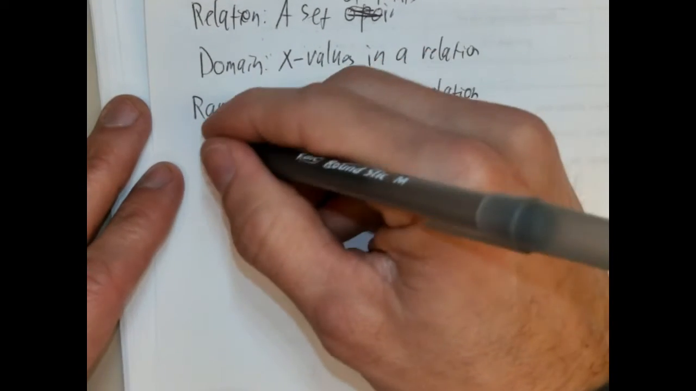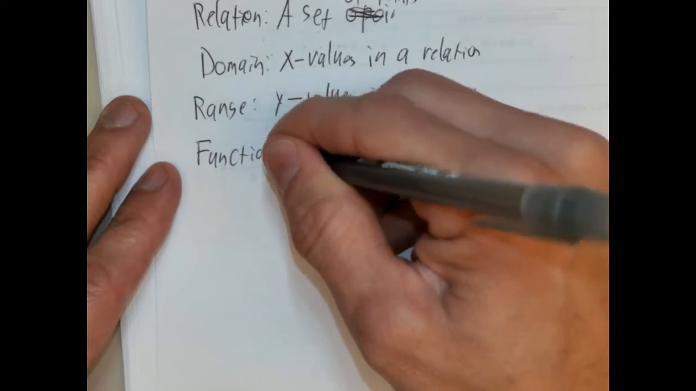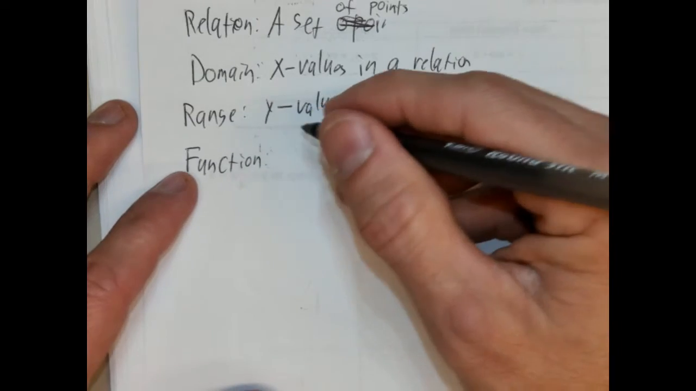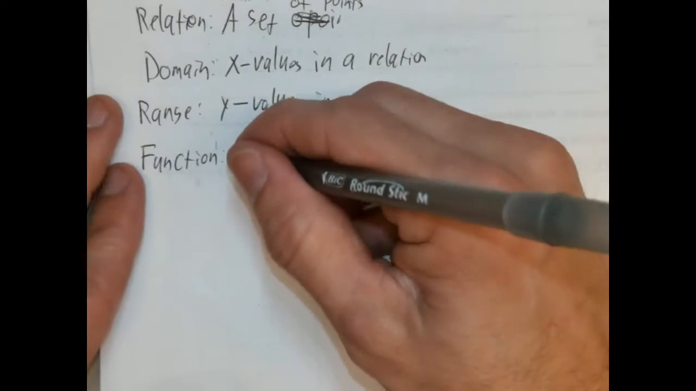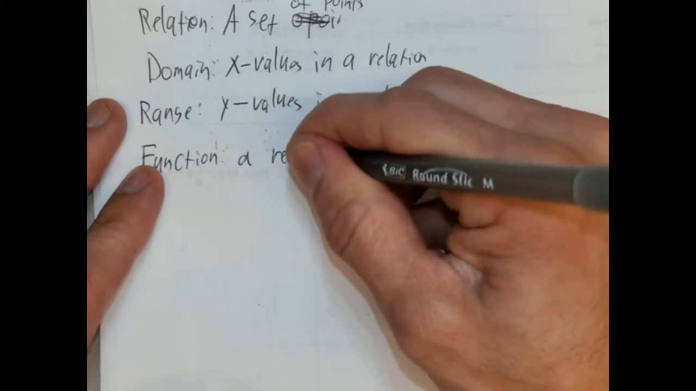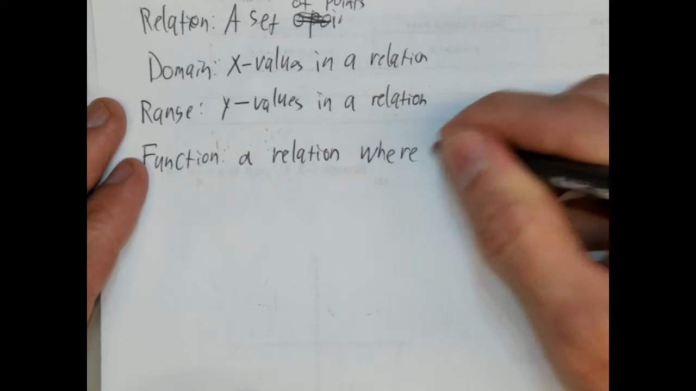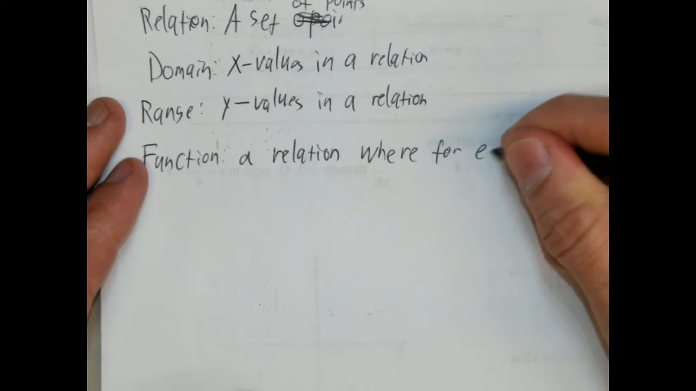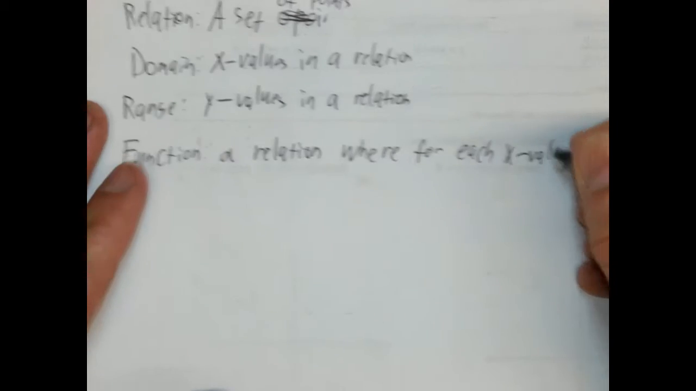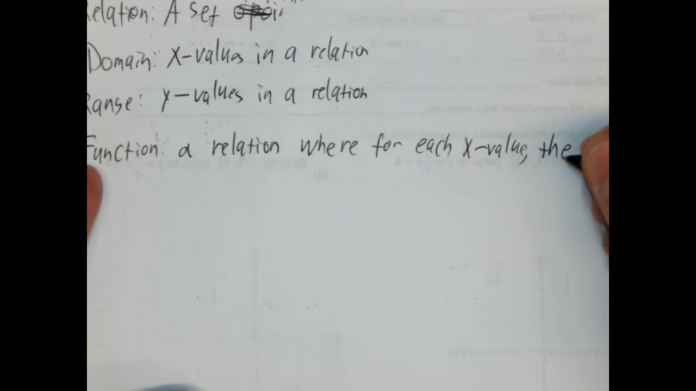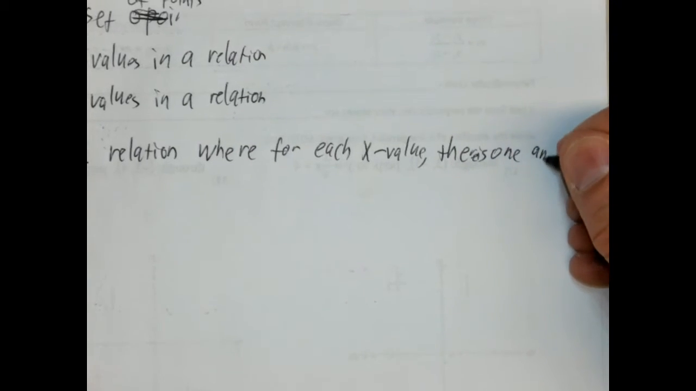And a function, now this is the big one, because functions are something we're going to be using a lot of, and we're going to talk a lot about them. Stay with me here, because it's going to sound confusing, but it's pretty straightforward actually. A relation where for each x value there is one and only one